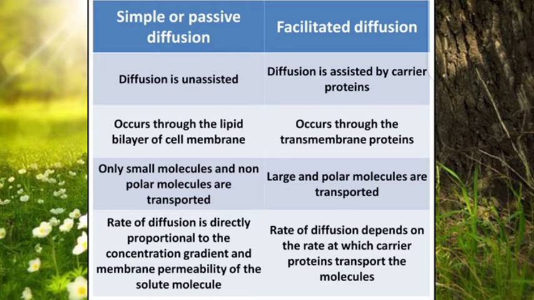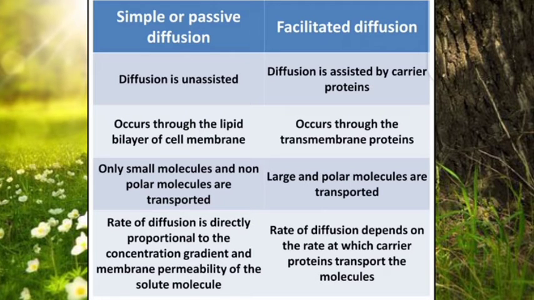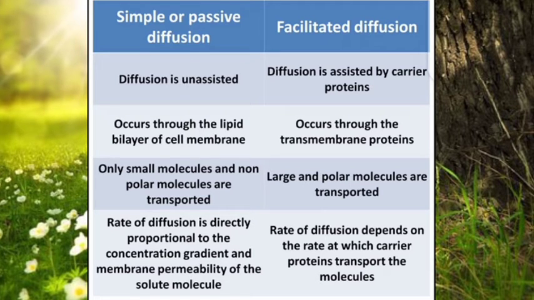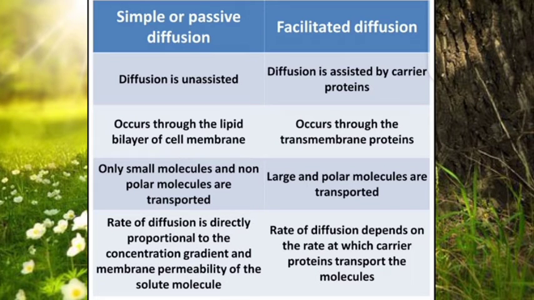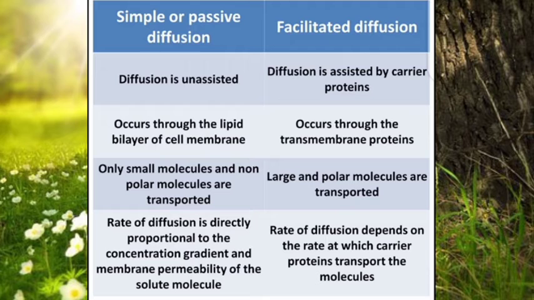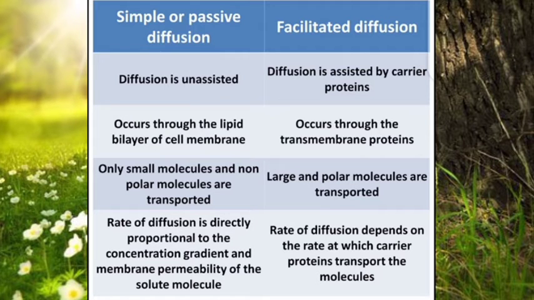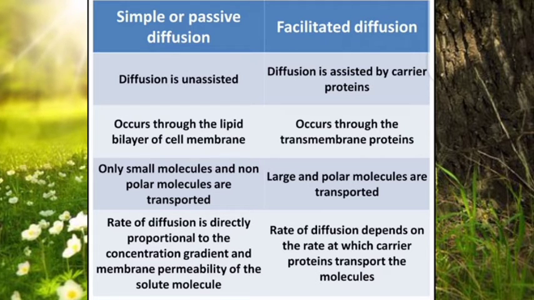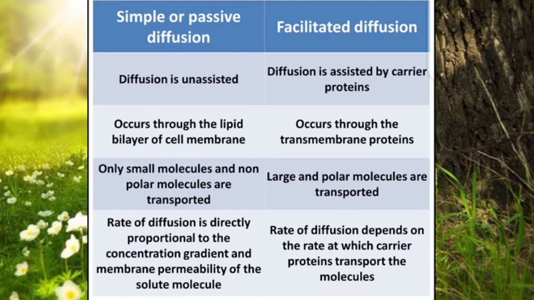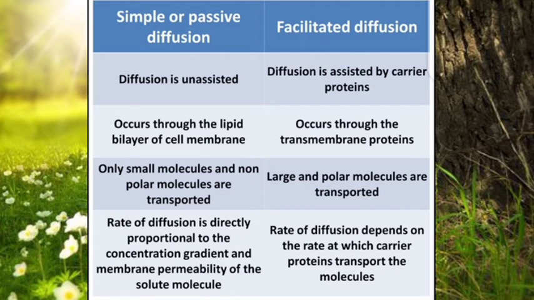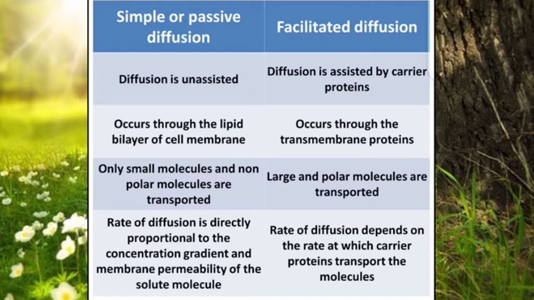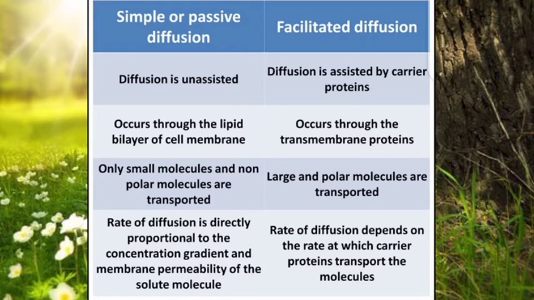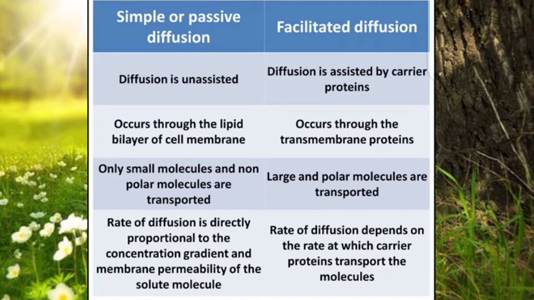In case of diffusion, the molecules may move across the cell membrane or they may move without any cell membrane. So the presence of a cell membrane in diffusion is not necessary, but in facilitated diffusion, transport protein is necessary. The second difference is that the rate of diffusion is very low while the rate of facilitated diffusion